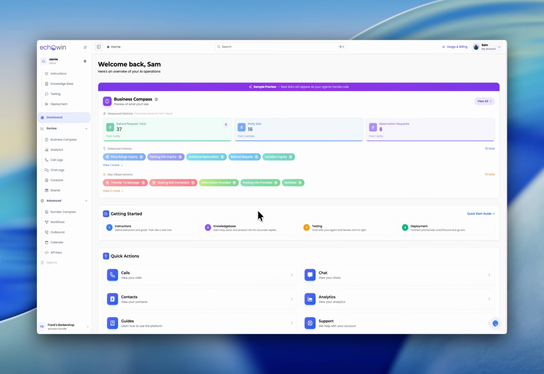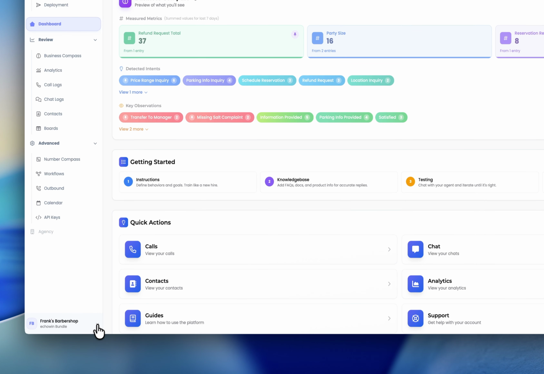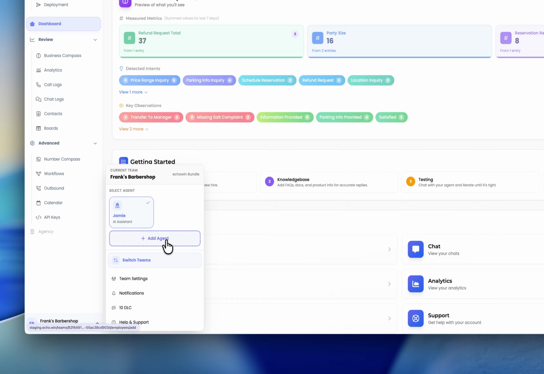Welcome to echowin. Today, we're going to show you how easy it is to build an AI agent to handle your business calls. If you're already logged in, just head to your team settings in the bottom left and click